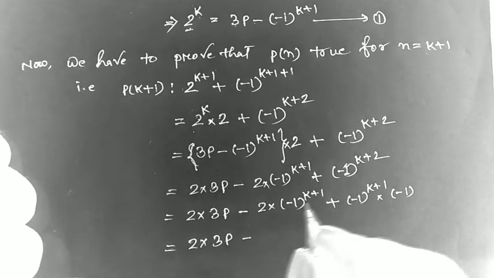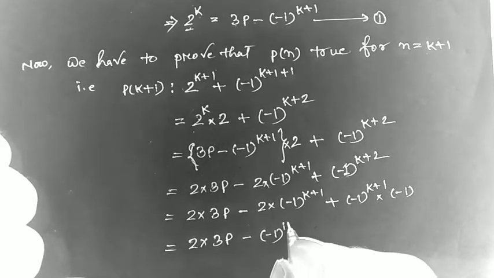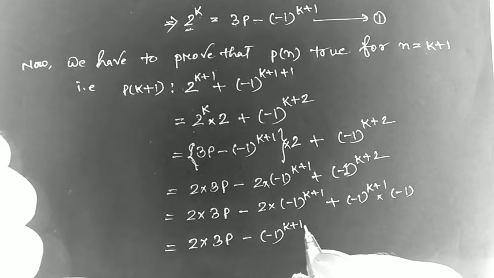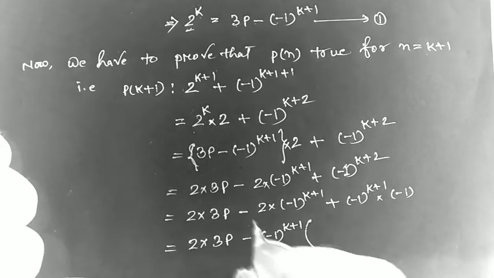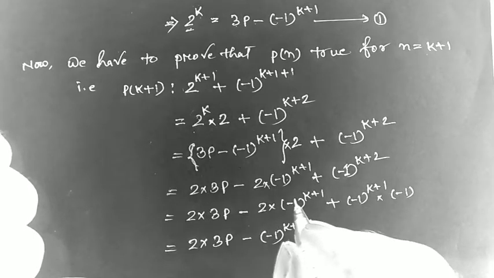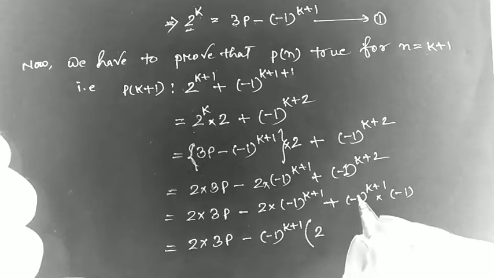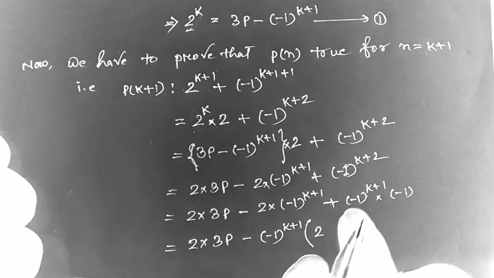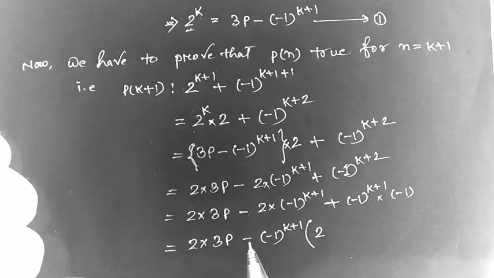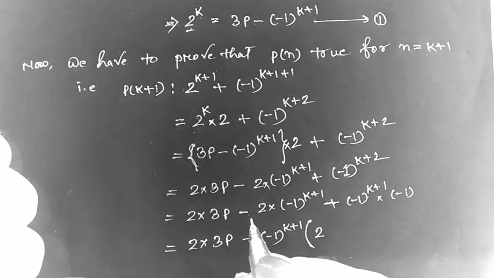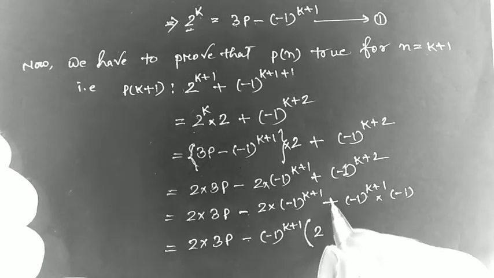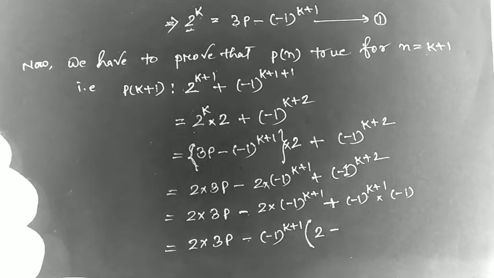What is common? Minus 1 to the power k plus 1. What will remain in the bracket? You see here, from this term 2 will remain, and from here, this minus is with minus 1, so it doesn't matter. Since minus is common, taken as common, and from this it is plus, so we have to give minus here, and minus 1 to the k plus 1 comes out and minus 1 remains, so minus and minus 1 plus 1,